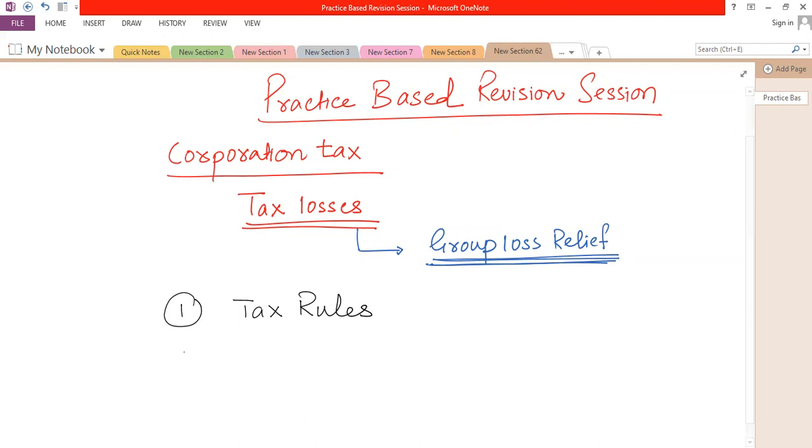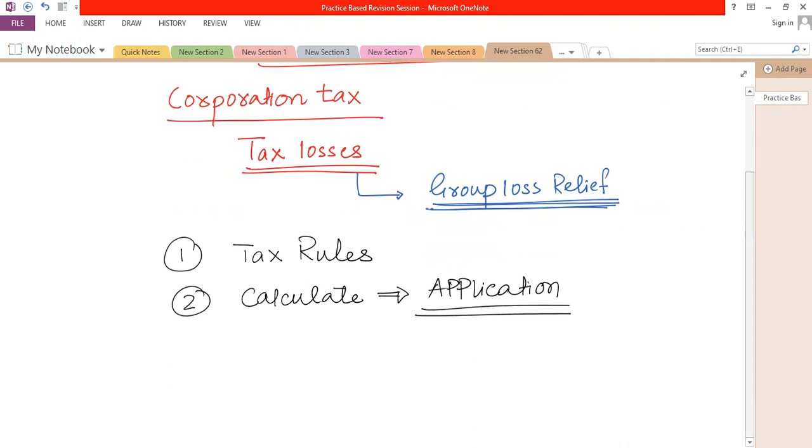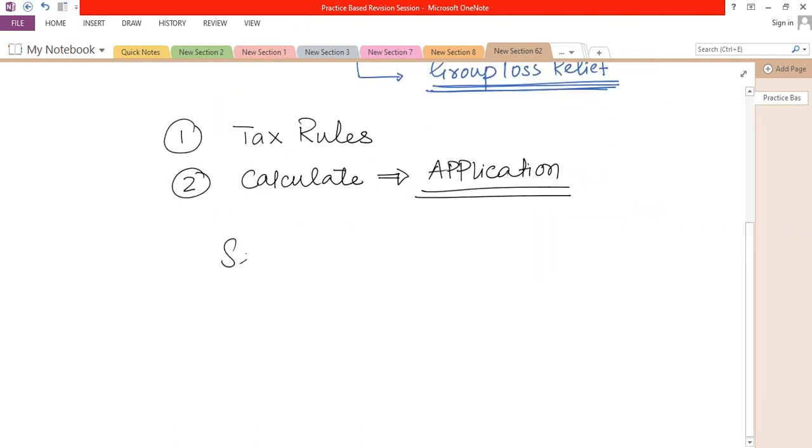And second thing is that you know how to apply the application of rules. And remember that the theoretical stuff is easy to gain the marks. So the more you memorize, the more you revise your tax rules, that would be beneficial for you to get good marks, right? Our paper is comprises of two sections,